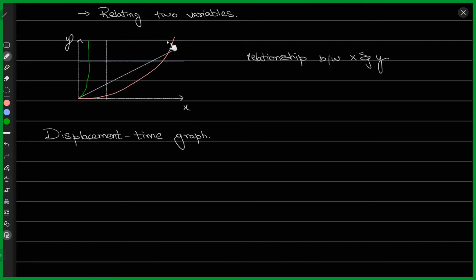So these lines are just there in general. They could be anything. Normally, it means that this straight line that you see, this line, just tells you that the ratio of x and y